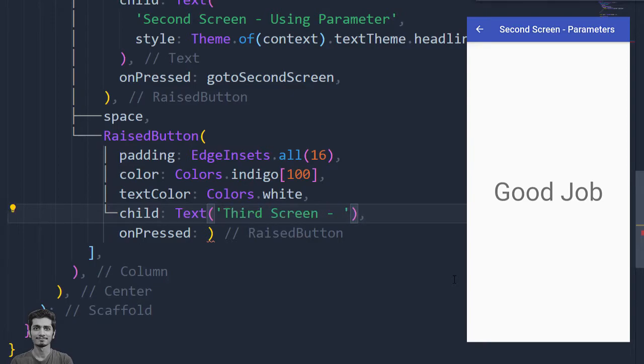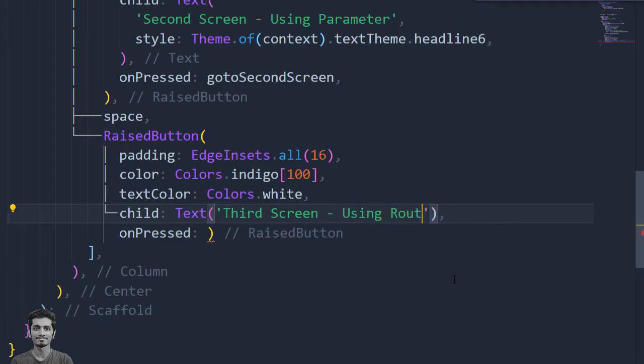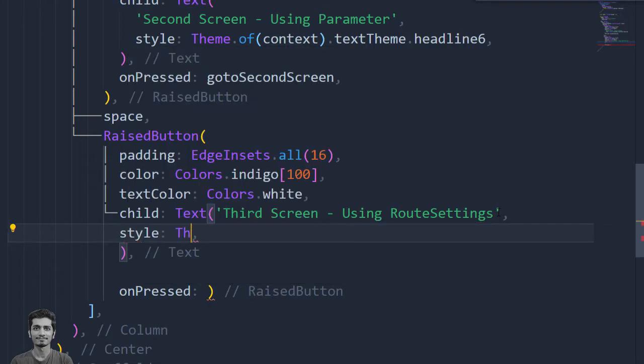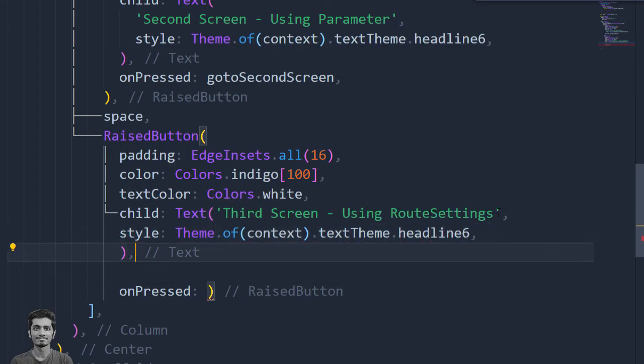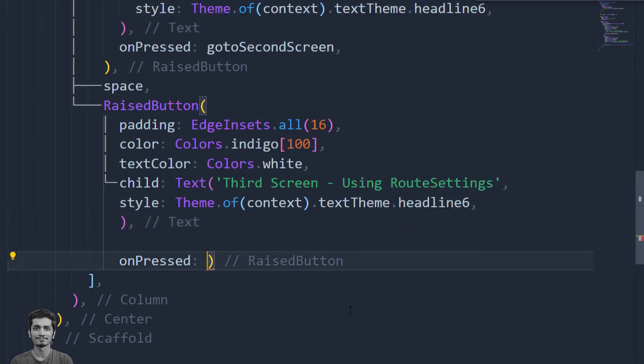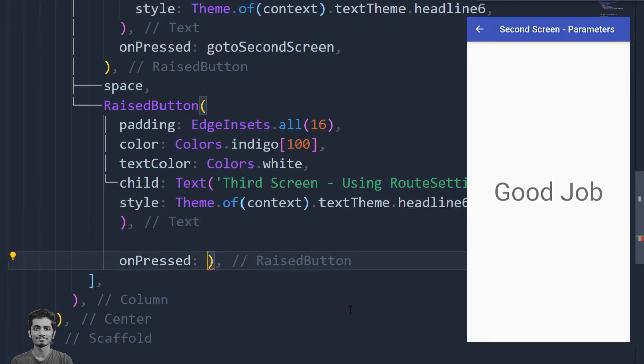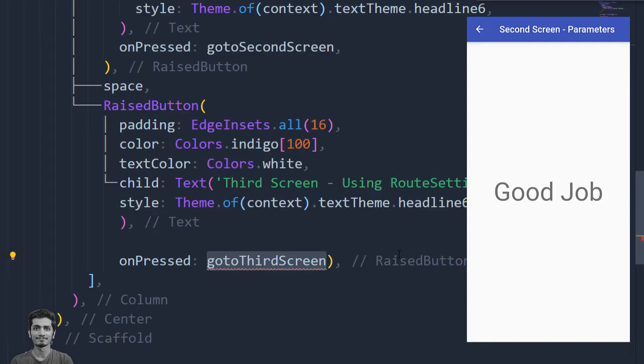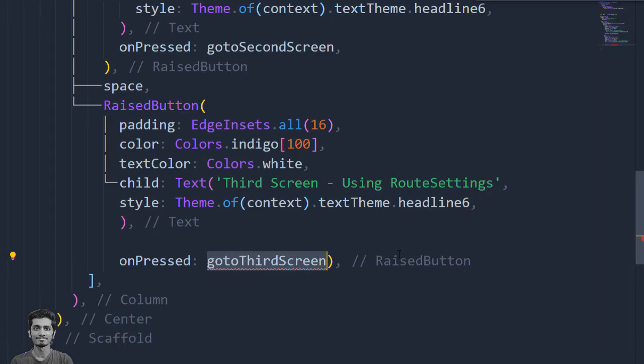And here we will use route settings. And this onPressed property will take us to the third screen. Let's create this third screen function.